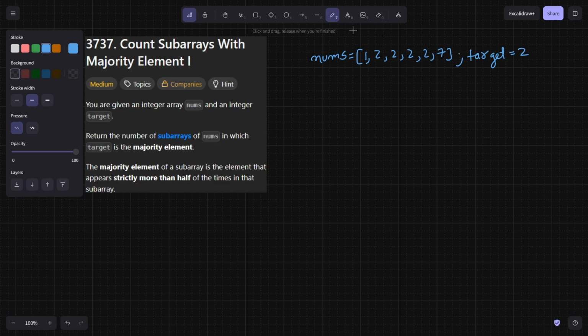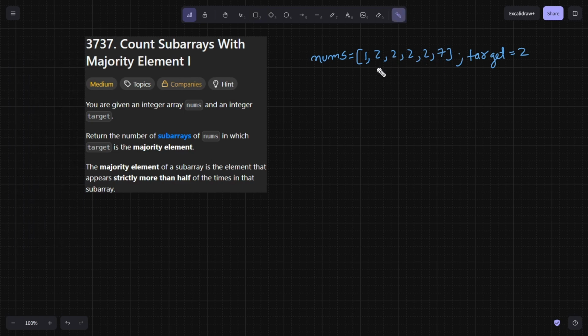So basically we are given a target. For example, here in the nums array we are given a target 2. So we have to consider a subarray where the majority element is 2, equal to the target. And what is a majority element? The majority element of a subarray is the element that appears strictly more than half of the times in that